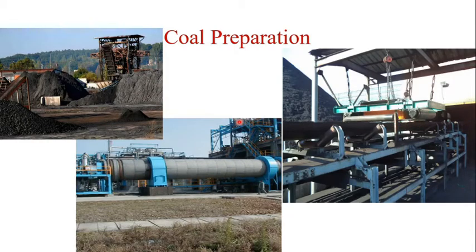As far as storage is concerned, there are two types of storage. One is the stack storage, which is outside of the thermal power station, and the other is for when the coal is processed. That processed coal, that means after pulverization, extraction of moisture and magnetic separation, is stored in the boiler room, from where it can be used for boiler operation as a fuel.